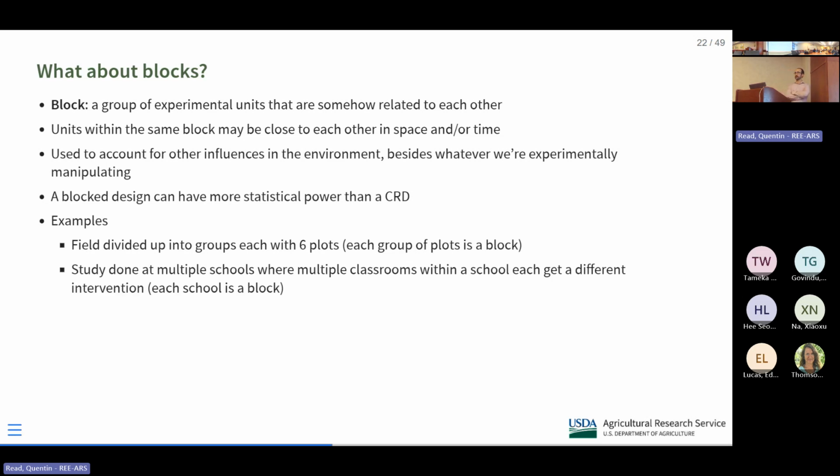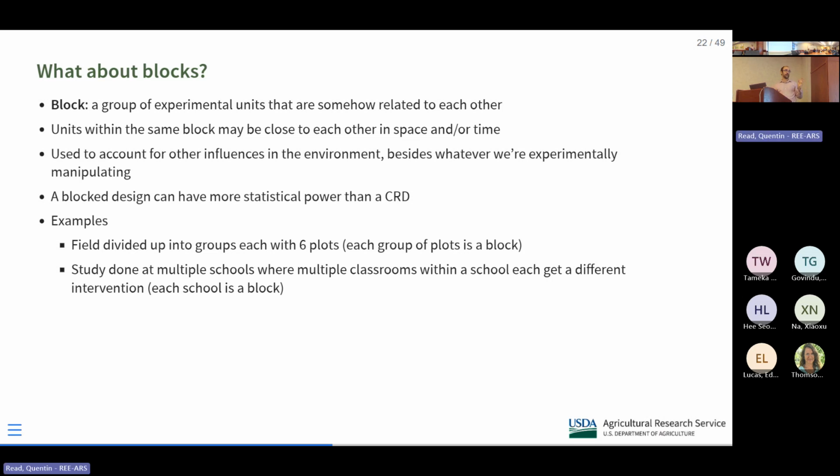Or like if you're doing a study on school children, like if you wanted to test some new educational intervention, a new method of teaching math or something like that. Well, you don't just want to do your study at one school because there could be something unique about that school. You want to do it at many schools to see if the method works well in general. Well, you sort of have to, you can't just give one student at a time the new method. You have to tell the teacher of a particular classroom to use the old method or the new method.